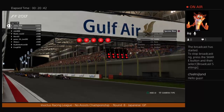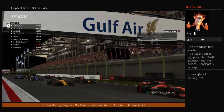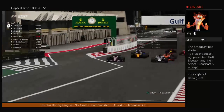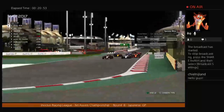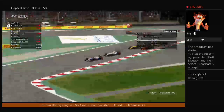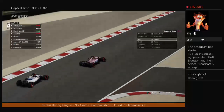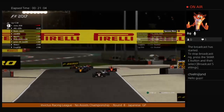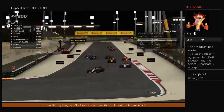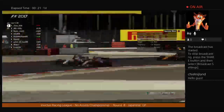We have 4 lights, 5 lights. The lights are out and we are off, and the Bahrain Grand Prix is underway, as the cars stream away, the hybrid engines come into action, and the Force India leads the grid down into turn 1, as we see Jamie and Joel battling for the first position, but it is Jamie that maintains it. Further back it's Renault and Mystic Man and Nicky battling side by side, heading down into turn 3, turn 4,